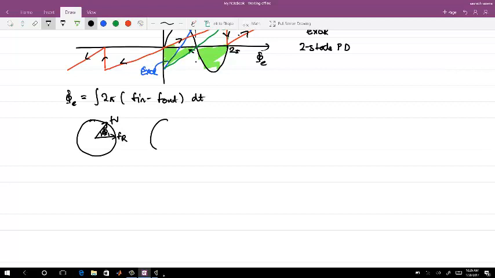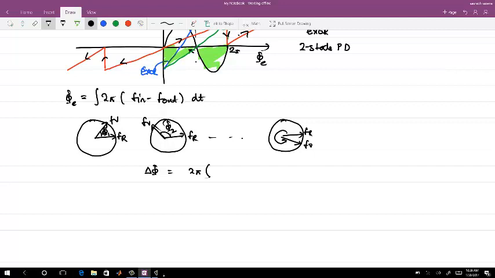After some time, the error increases, same FR and FV, and you have phi2. It will keep on doing that. So FR and FV, this is the total phase error, and again it wraps back from the 2 pi. Okay, so what is the delta phi which it accumulates in each cycle? It is 2 pi times,